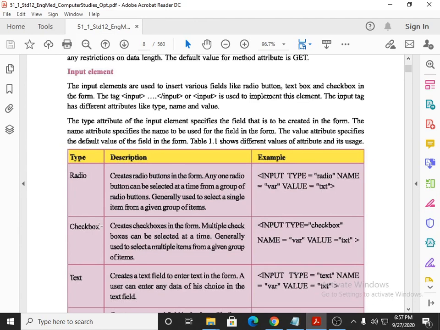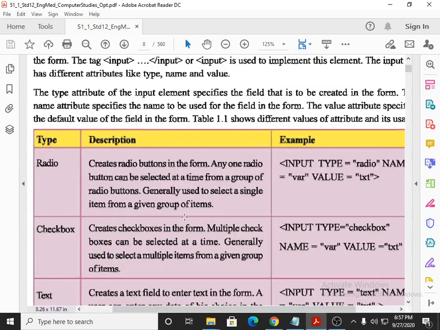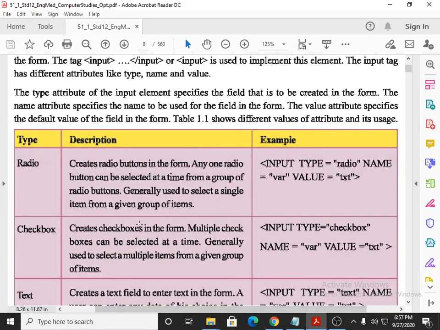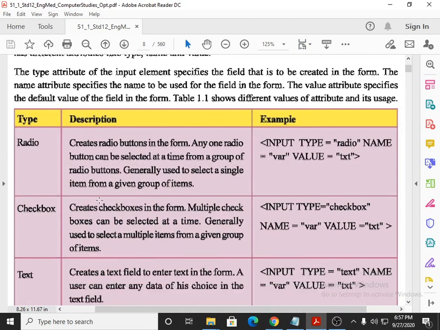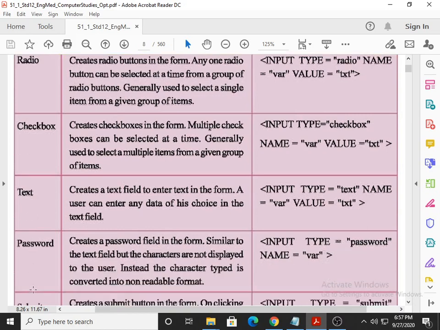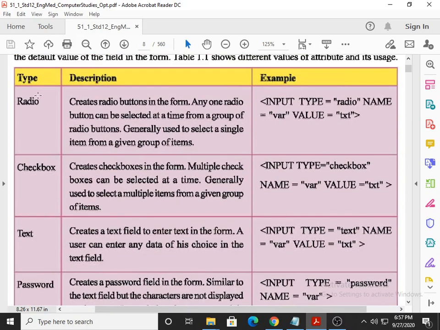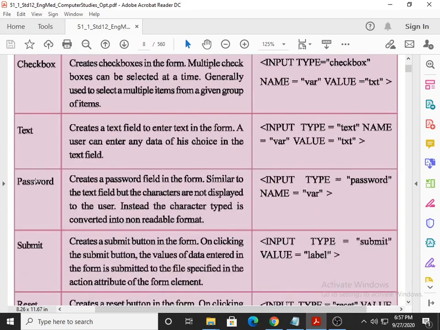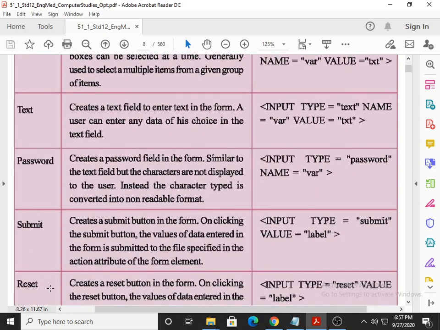All these values are mentioned along with the description, and we will check them one by one so that you will come to know how they can be used practically, but with one condition: I will explain this table in my own sequence. First I explain text, then password, then radio, then checkbox, then submit, and then reset.